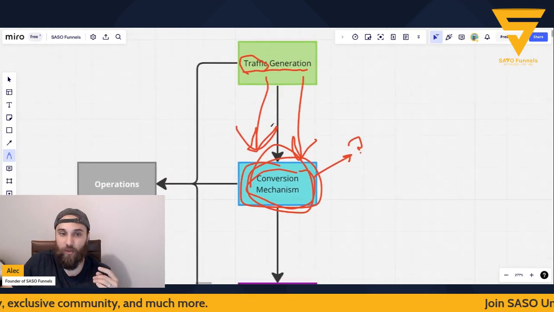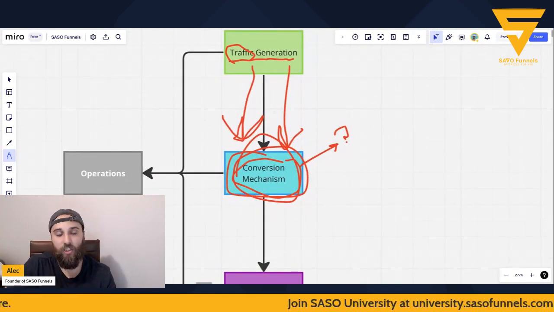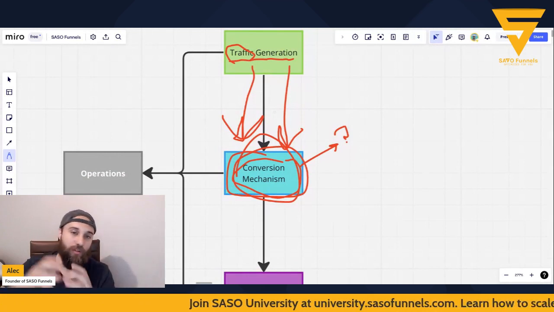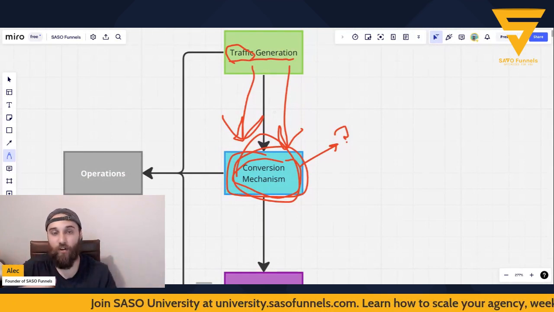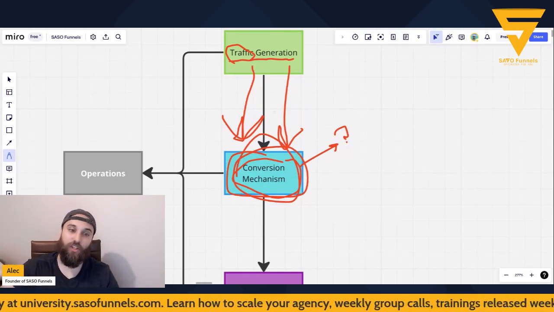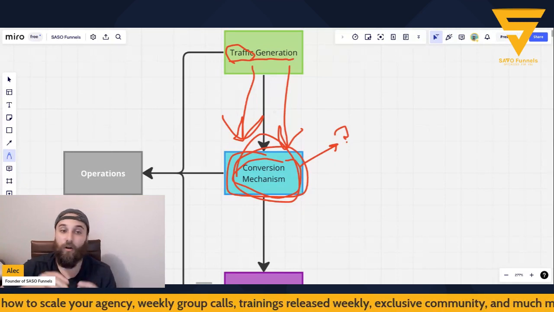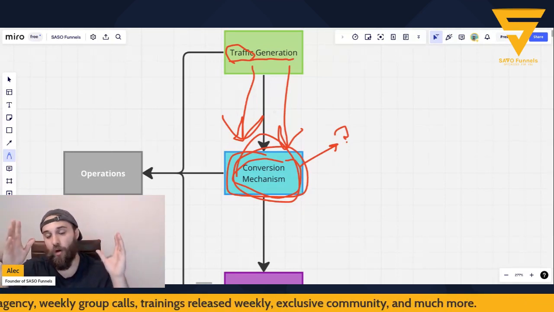And again, if you don't believe me, when have you bought something online from maybe an influencer or anything? It's always the advertisement that catches your eye. It's always the video content. And then you go, cool, where do I buy it? You don't go, where do I buy it? And then see the conversion mechanism, which is the checkout page or the form, and go, no. Now, some people might, but again, we're not going to know.